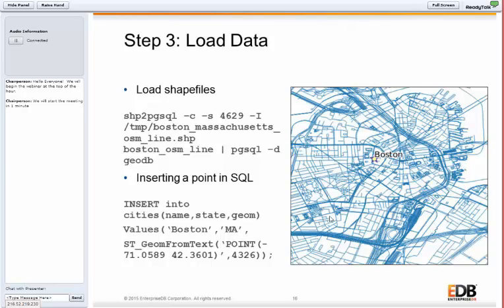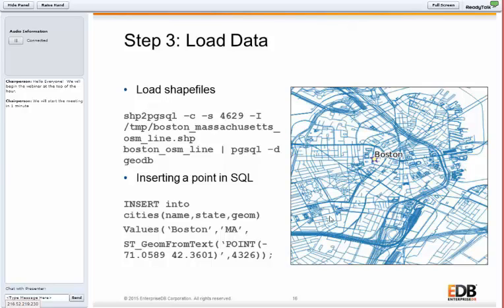In this example, when I ran this, I was doing it all on the local machine, so I didn't need to put the localhost. If you're doing this on a remote machine, just use your standard psql commands, -h, and then the name of the database server. Optionally, include port and username if you need to. So that will load our shape file into a newly created table.